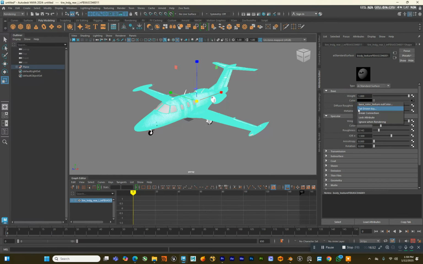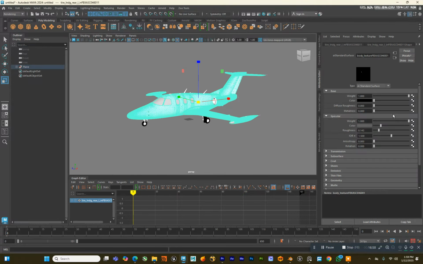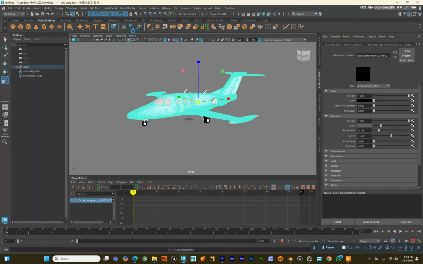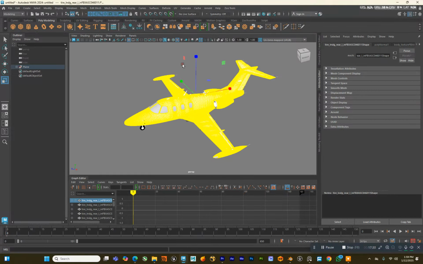I'll disconnect this, break that texture, and then let me see. So this is just outside of the box. I think this model just has this issue. If you are getting this problem, I just suggest you get a different model that doesn't have this issue, right? You can get a different model. I'm just trying to see if I can fix this. If not,